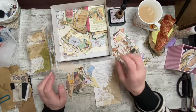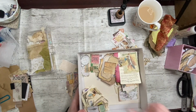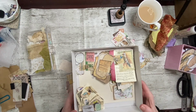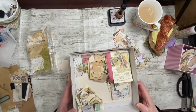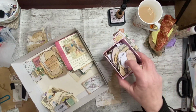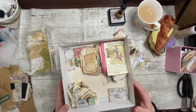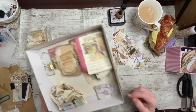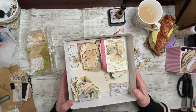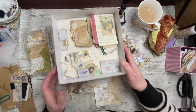And I have tidied out my desk sweepings box. Now, I said I was going to do the scrap box, I haven't done that yet. I thought I'd start on a smallish thing. Gosh, there was some stuff in it, let me tell you. I have put loads of tickets and labels away, and numbers, butterflies, all sorts of things like that, words and things like that, because they're easy to grab from anyway, which has left me with